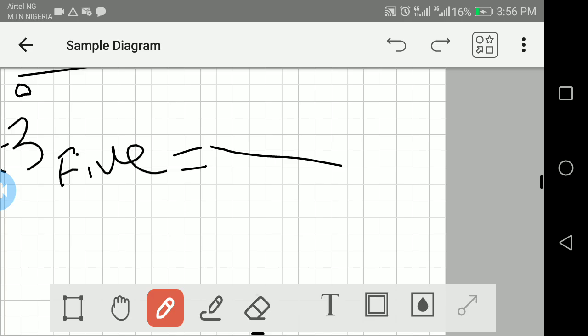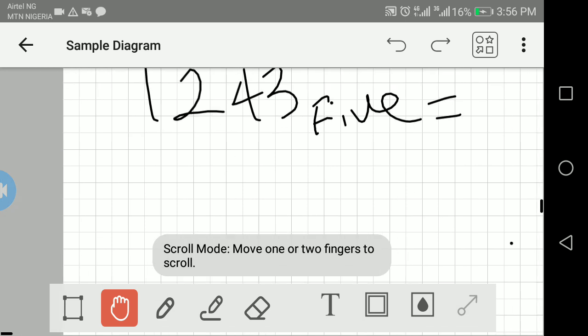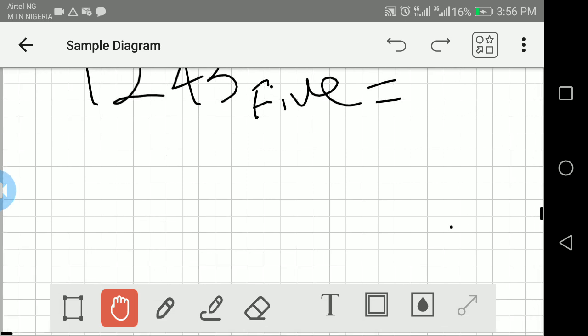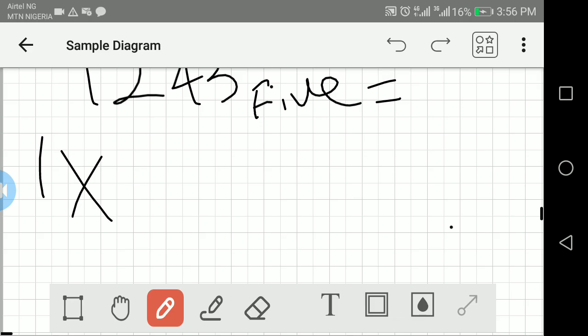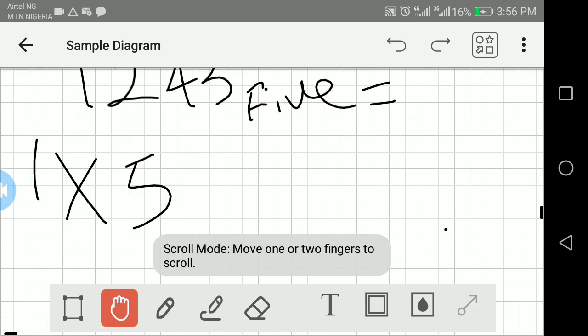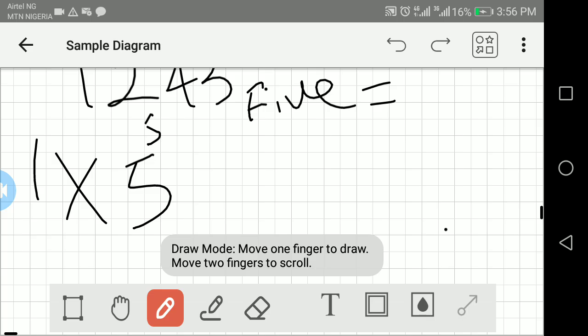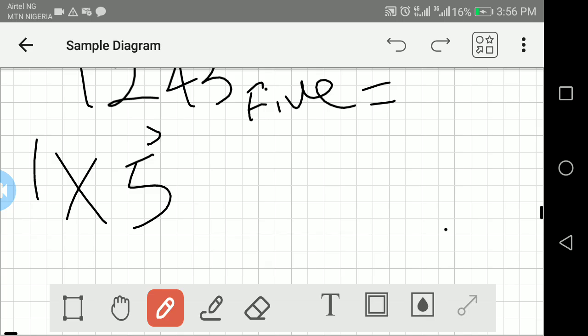Sorry. I'll take this out. Let's come back here. All right. So 1 times the base is 5. 5. What's the power? The power there is 3. So at the power of 3. Sorry, let me take it clearly. The power of 3